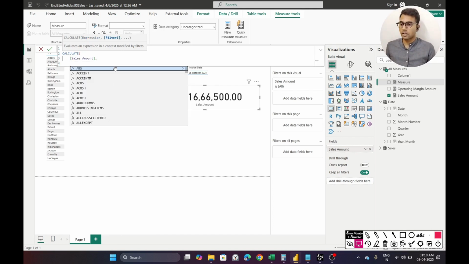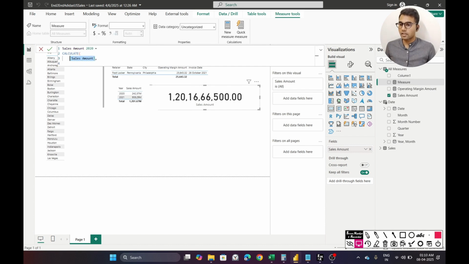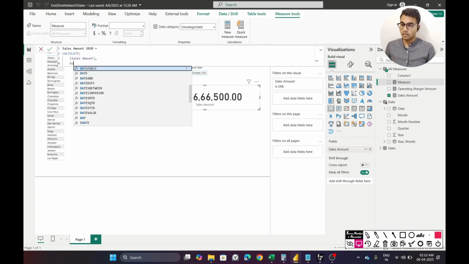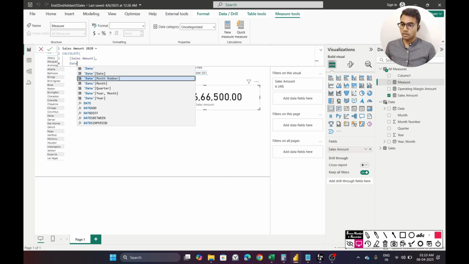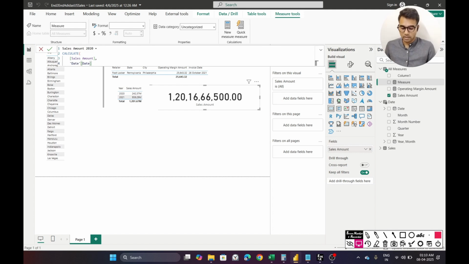You can check it out where I've explained in detail about CALCULATE. So the first parameter that we are mentioning in CALCULATE is the sales amount. And we want that sales amount to correspond to the year 2020. And this is why I wanted to create an additional column for the date table where I get the year as well. So now if I just use date and write here 2020 and close the bracket, and if I hit enter,